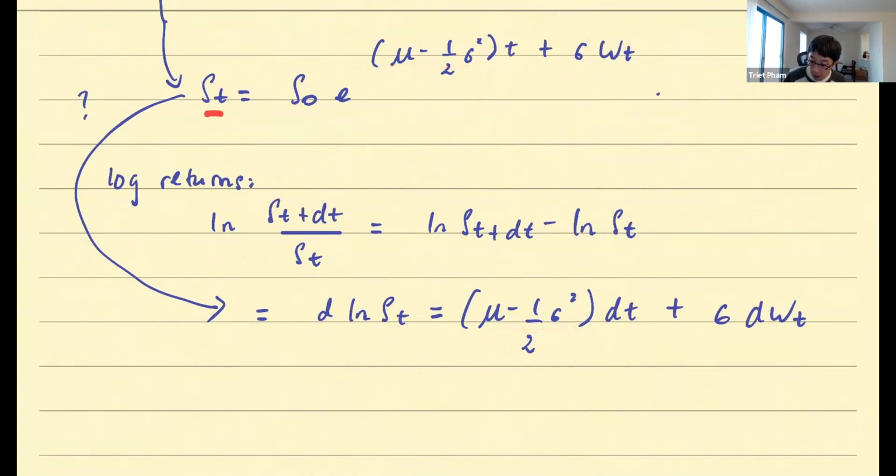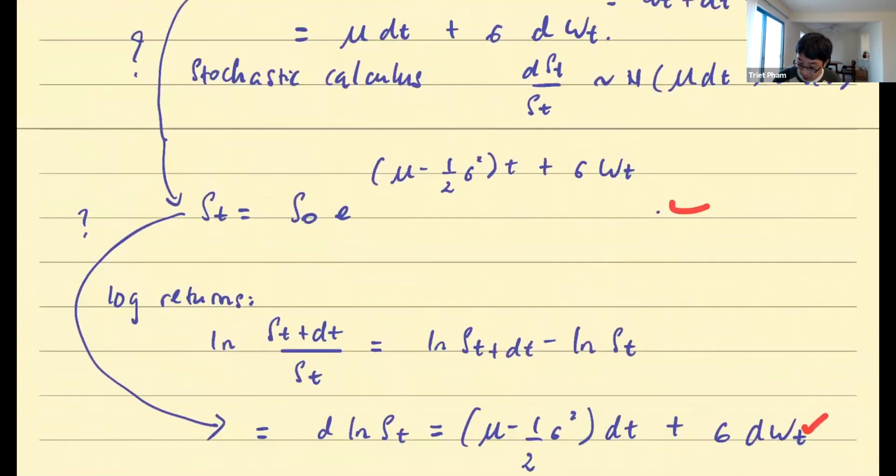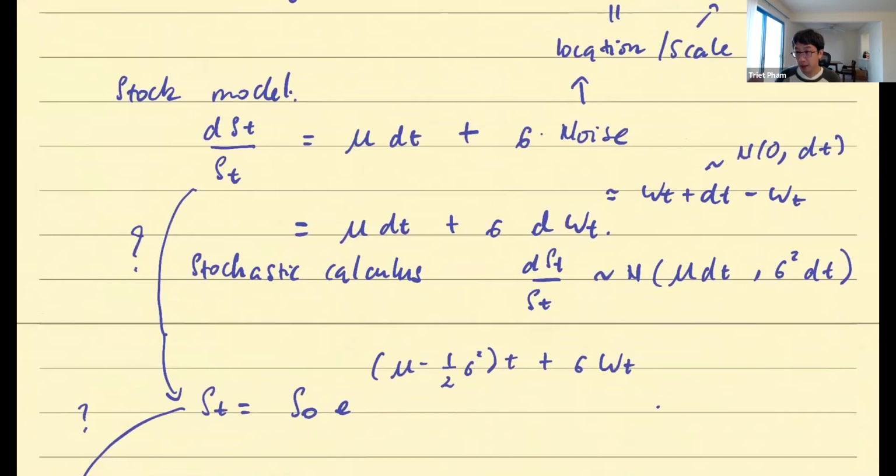So the stock price itself inherits that object, mu minus 1/2 sigma square, from the log returns, okay? So in some sense, the log returns at continuous time level is a more intimate object than the percentage returns in terms of connecting with the price. But again, why? These three representations are all equally valid. They all tell their own story, and we want to understand the connection between them. Again, that connection is stochastic calculus, okay? So that's the second piece of the puzzle.